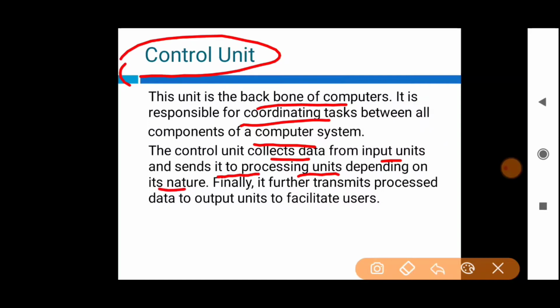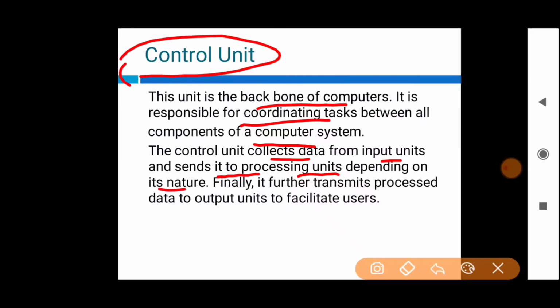So if the data is just to be saved, then it will send it to the memory. Suppose it has to be calculated, you have typed in two numbers and you want to find the product of it, then it will send it to the ALU.